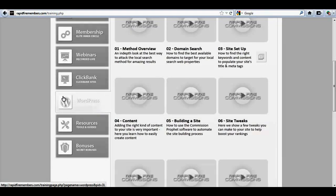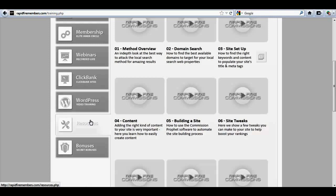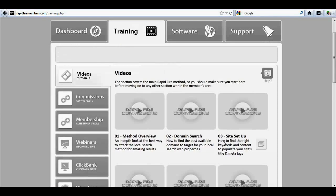Anybody who's new to WordPress, you can find lots of hints and tips and tricks to help you understand how WordPress works. You won't really need them. WordPress is so intuitive that you can pretty much just log into the dashboard straight away and be able to work your way around. And then there's other resources and tools that tie in with the main training here, there's various downloads and things that you can use, but you're shown how to do all of that within this training section here. But what I want to show you that I think is the coolest part of the product